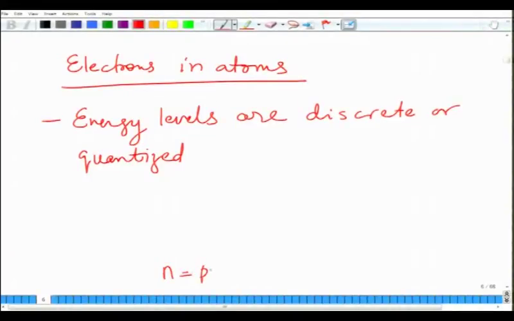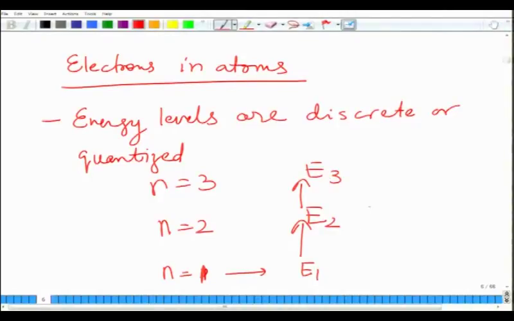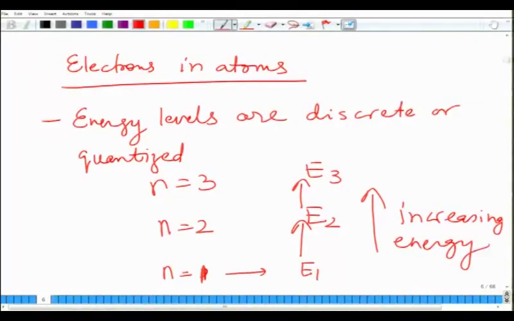So, for example, you can have n equal to 1 state, this is E1, and as you go to n equal to 2, you go to E2, and as you go to n equal to 3, you go to E3, and this is basically increasing energy, right. So, that is why you will see hydrogen atom with 1 electron will be at the lowest energy state, and as you keep adding electrons to helium, sodium, potassium, carbon, iron, and so forth, you will go higher up in the energy of